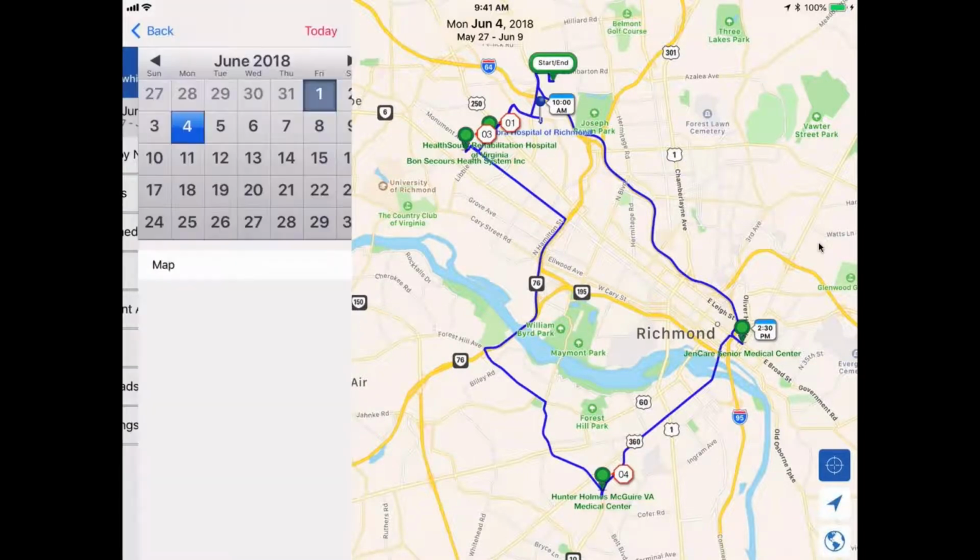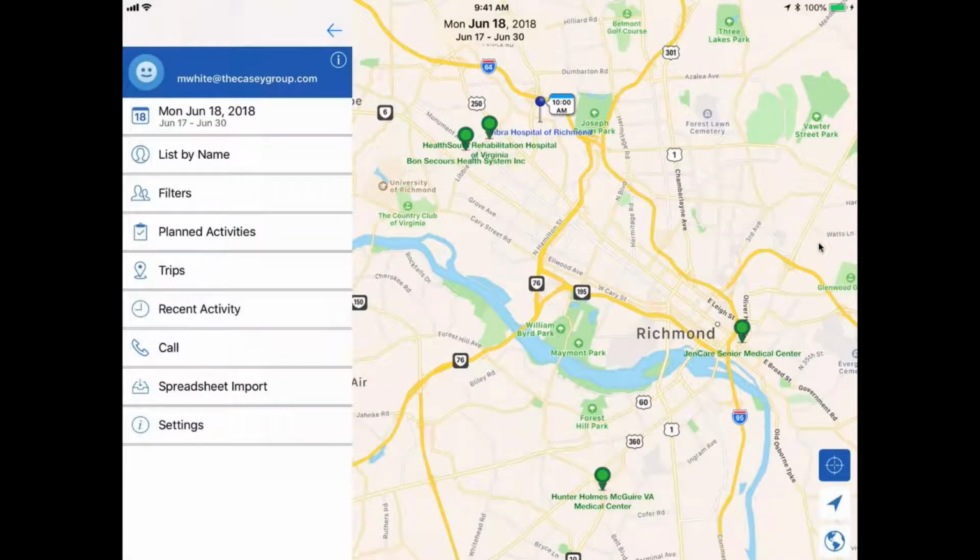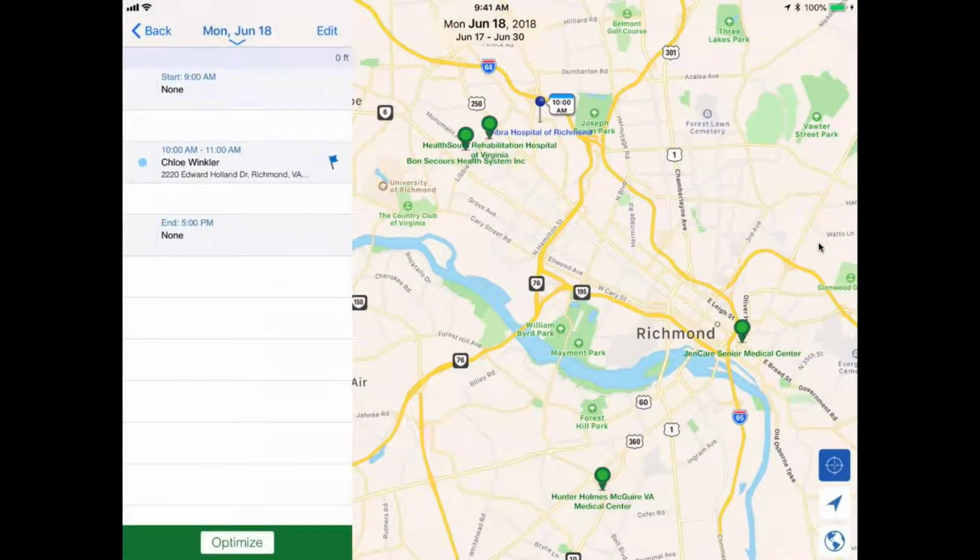Yeah, so that one I just did for every 2 weeks. So I guess that would bring me to the 18th. So there's that appointment now ready for me on the 18th.